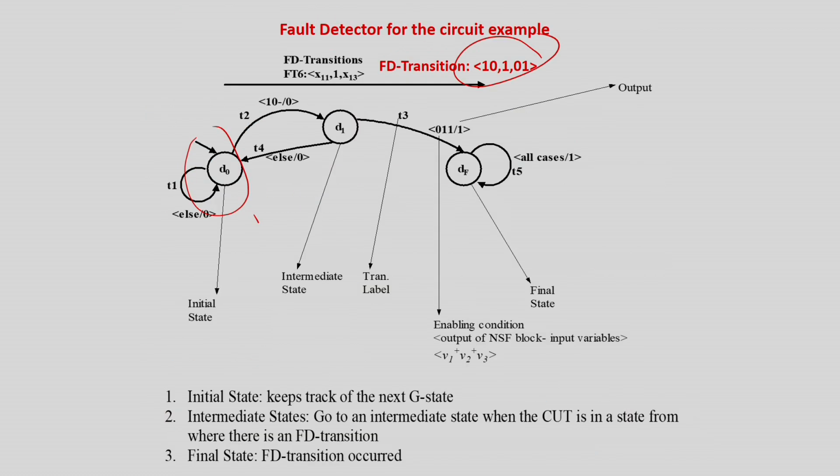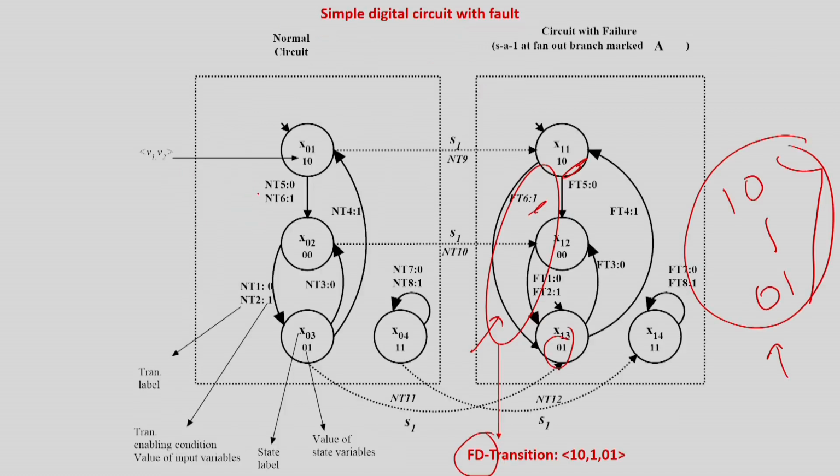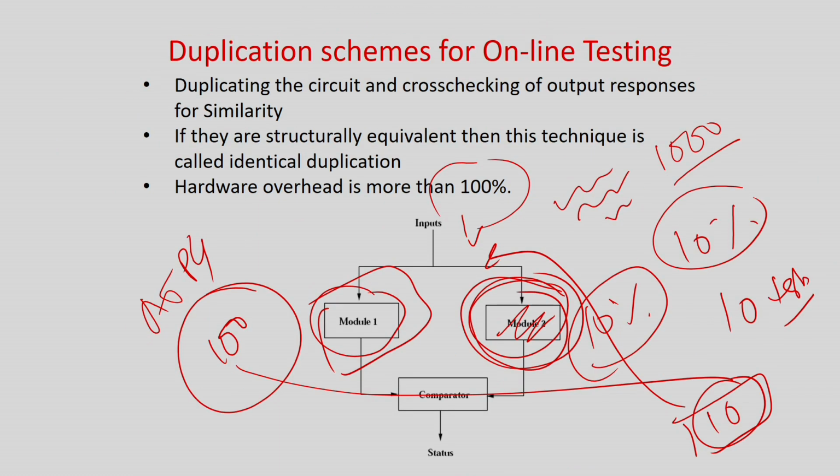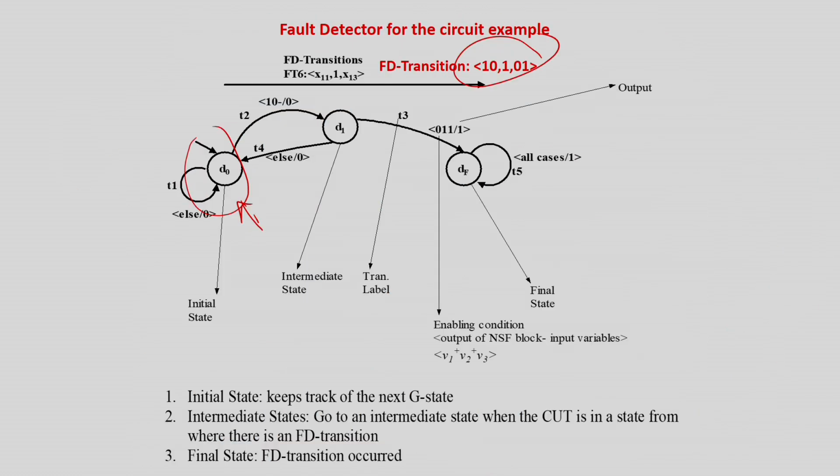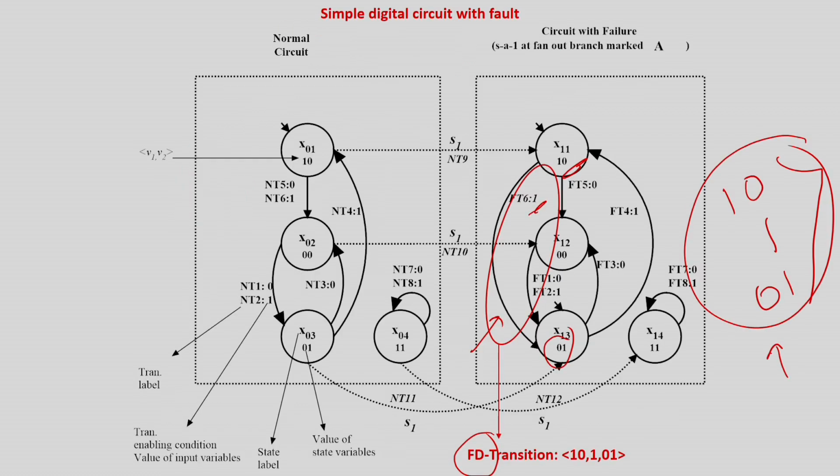So what it is doing basically? D0 is the machine model of the circuit under test, and module 2 design is this FD detector. So now this is a tester. What the tester is going to do, at the initial state of the tester, you are always going to track whether I am in the state 1 0, state encoding 1 0, because only from this state is there such a vector where fault detection can be done. Otherwise you need not do anything else, the detector can sleep, for low power.